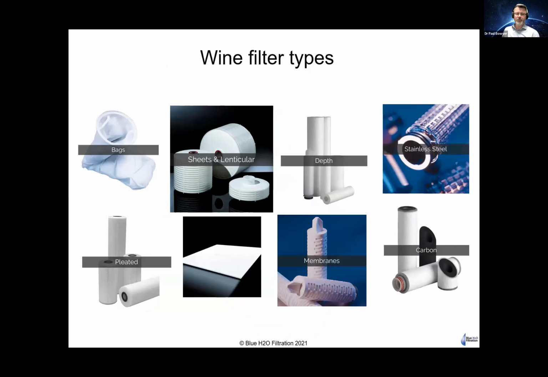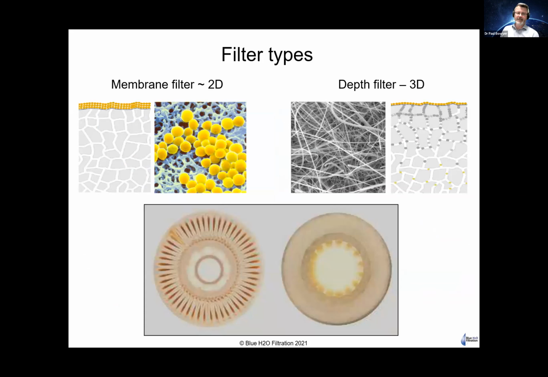So just a bit of an overview. Wine filter types, many and varied, everything from something as simple as a stainless steel screen, which most packaging facilities use, all the way down to membranes at the pointy end of the spectrum, and everything in between. I think people will be familiar with at least some of those filtration options, but broadly they fall into two categories. Either a barrier filter, which is what membranes are, that are not meant to take a lot of load but provide a defined porosity, or a depth filter, which is meant to take load and has usually a